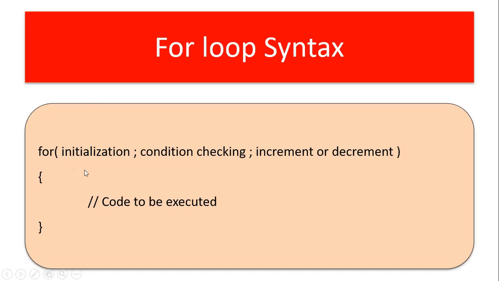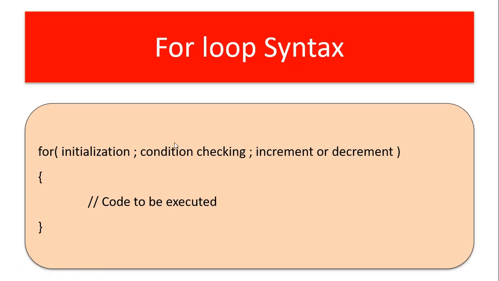Control will come first to the for loop. Initialization of the variable will take place first, then the condition will be checked. In case the condition is true, it will not go to the increment. Instead, it will go to the code to be executed block, and the code will be executed, and then finally the increment or decrement for the first iteration. Once the first iteration is over, for the second time the loop again comes here, but initialization will not take place, because it takes place at the first iteration alone.